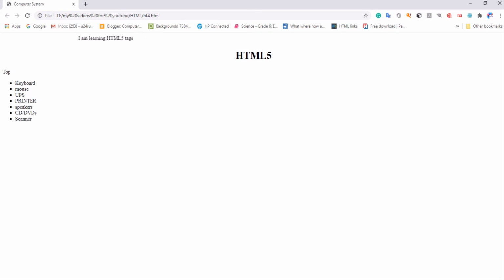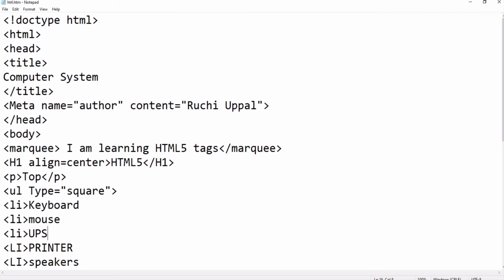Now next is how to create the numbered or ordered list, where we are simply giving the numbering, arranging the items in a sequence. For an ordered list we have to use OL.